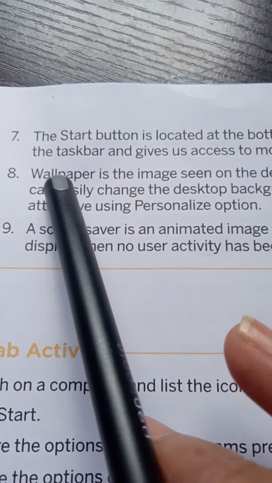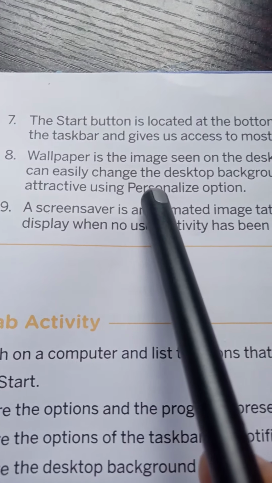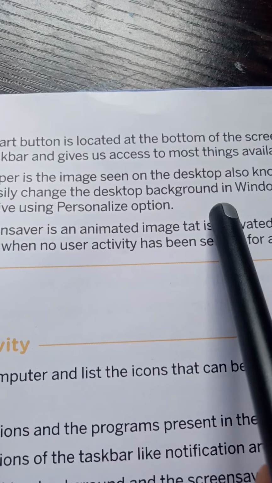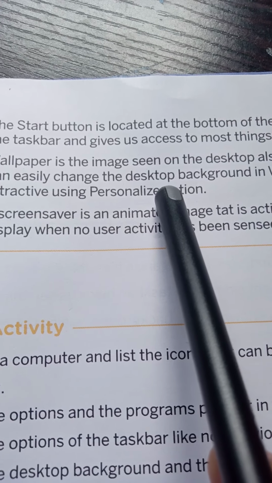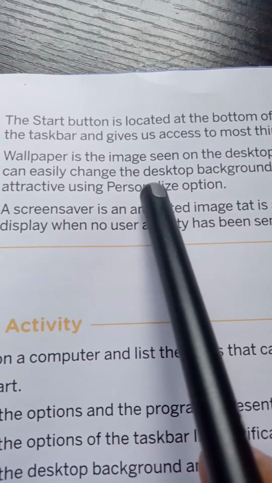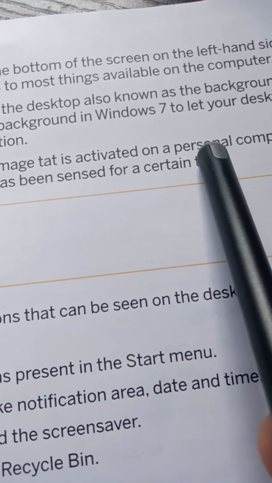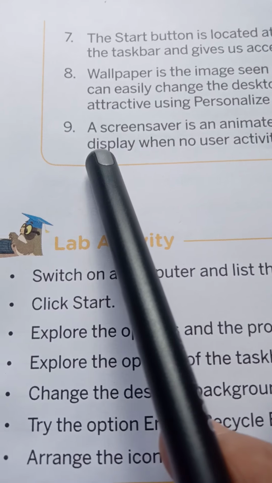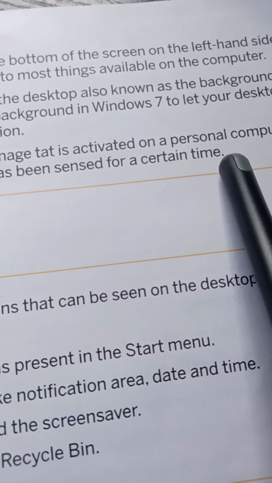You can easily change the desktop background in Windows to let your desktop look attractive using the Personalize option. How can you change your desktop background? Through the Personalize option. A screensaver is an animated image that is activated on a personal computer display when no user activity has been sensed for a certain time.